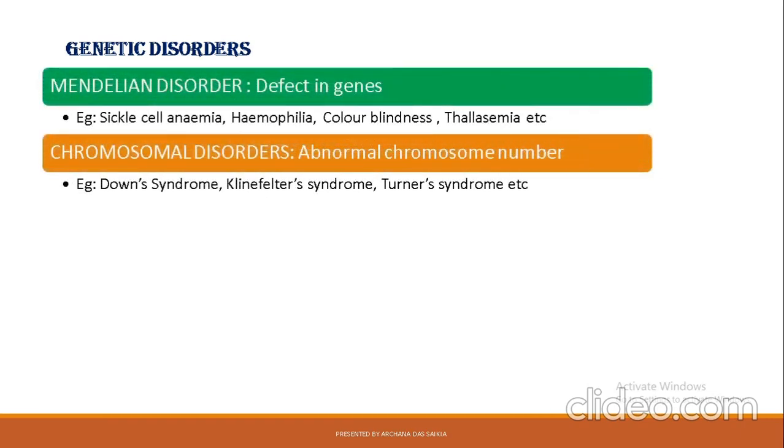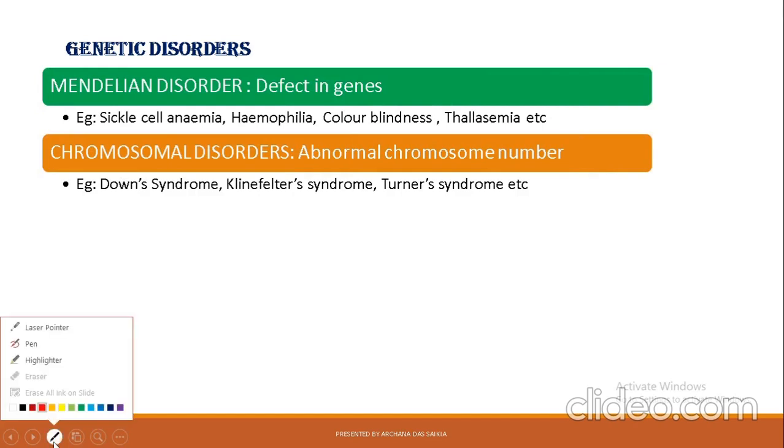Due to defective genes or defective chromosomes, when any symptoms appear in an individual, that can be categorized as a genetic disorder. Now the disorders can be categorized into two: Mendelian disorder, which is mainly